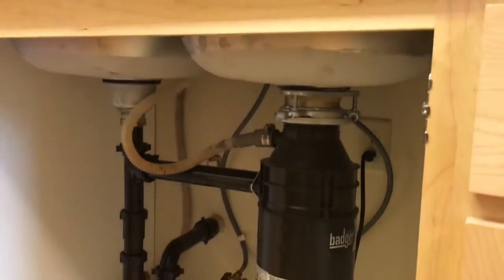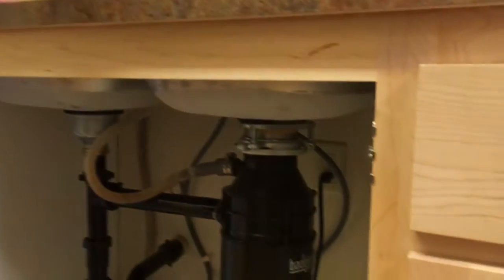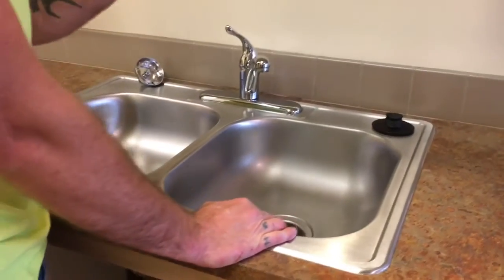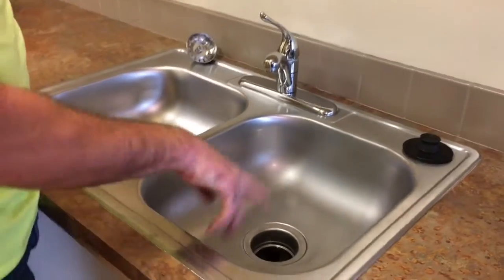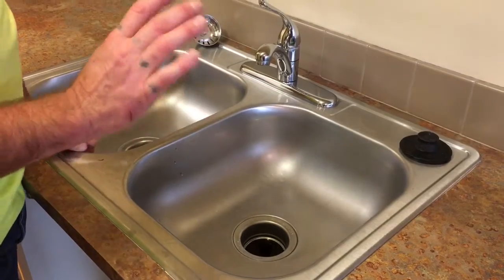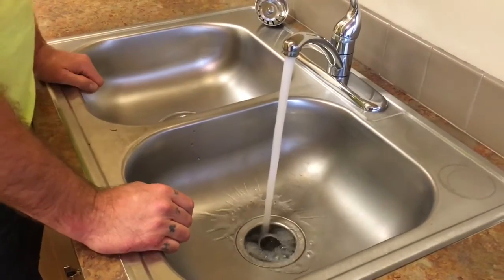Unplug it from the wall, pull your wrench, break it loose if you have to, continue to grab everything that might be stuck in there. Now especially with glass, sometimes there's such small fragments that you just can't get them all. And it's still gonna cause it to rattle around, it still might cause the blades to bind. In a situation like that, take the disposal plug and go ahead and really get a good amount of water